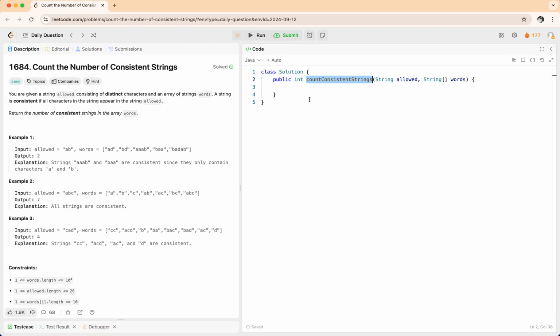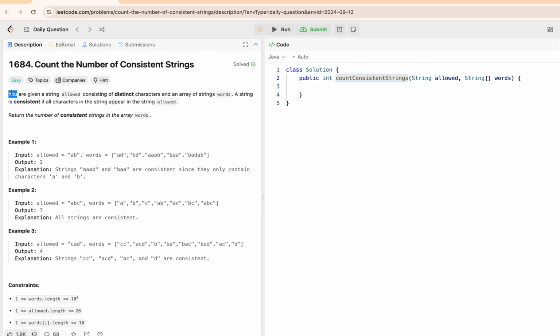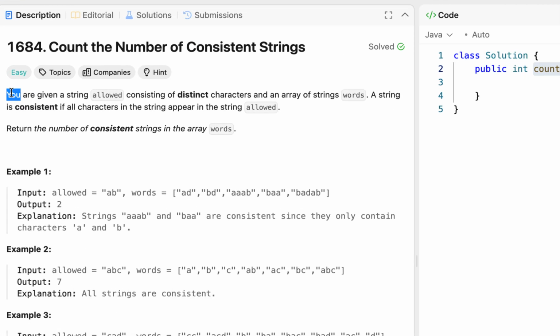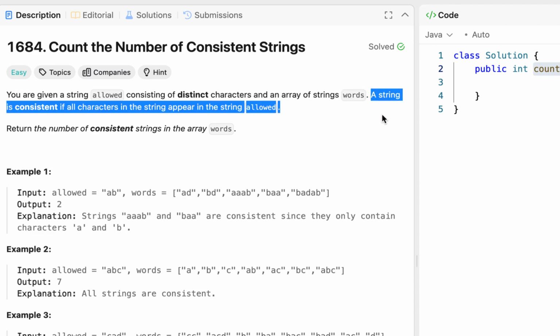And the problem statement tells that you are given a string allowed consisting of distinct characters and an array of string words. So we are given a string allowed. This thing we saw in the function, there was this string allowed and an array of string words. Now the problem statement is telling us